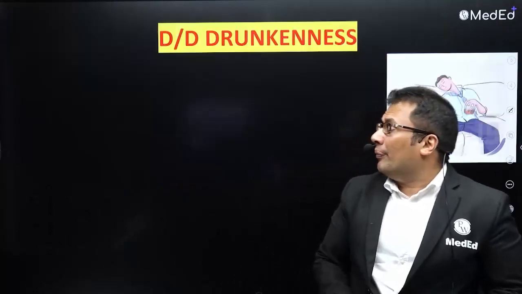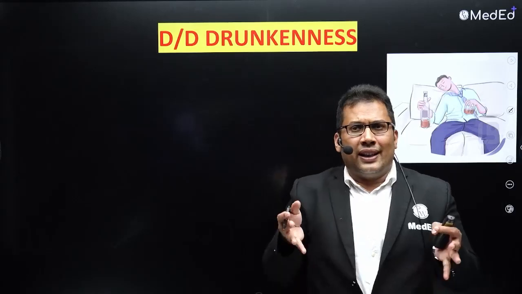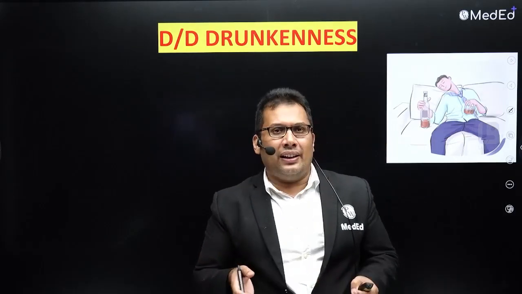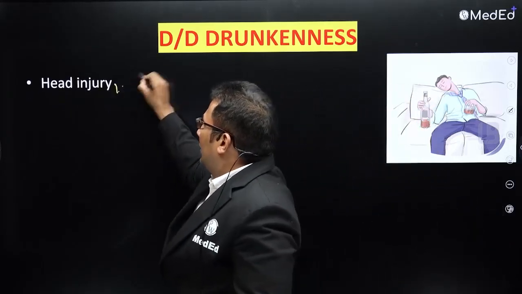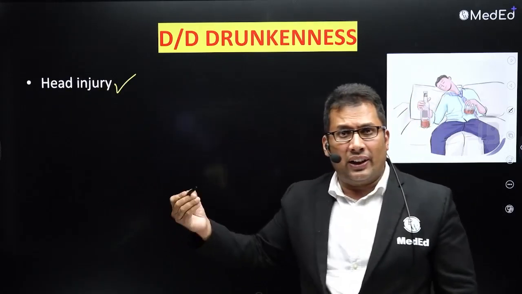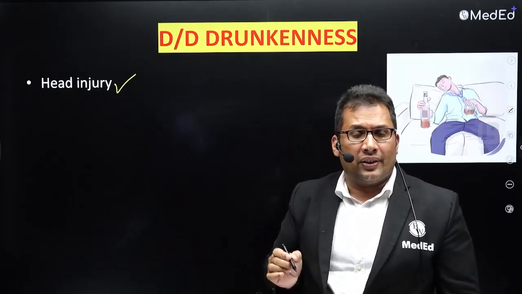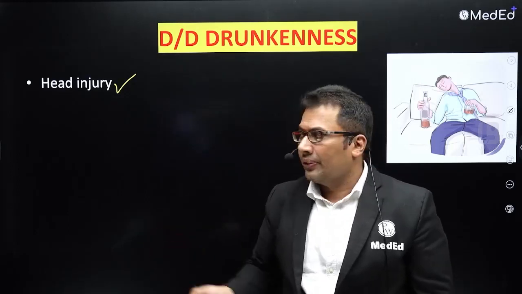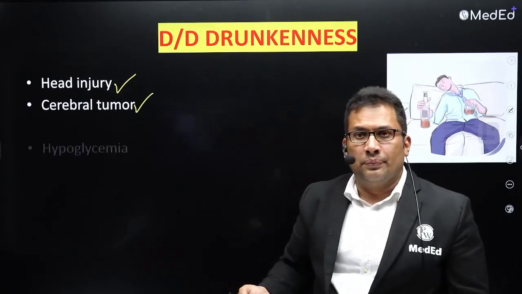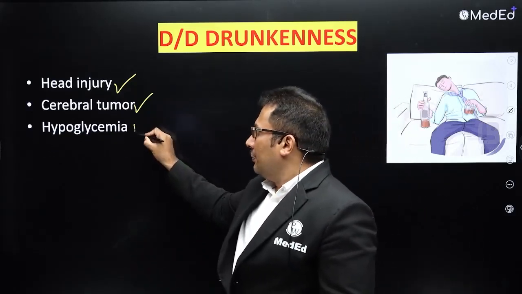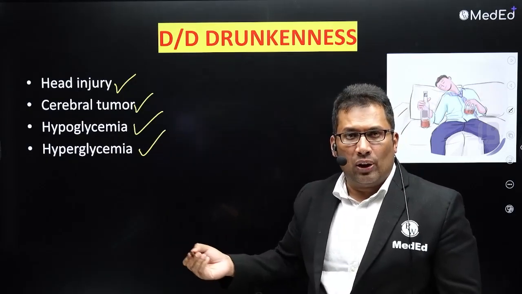Next question can be differential diagnosis. Some clinical conditions resemble drunkenness. What are they? Head injury. What is that head injury condition that resembles drunkenness? Can you answer? It is extradural hemorrhage. Cerebral tumor, hypoglycemia, hyperglycemia, basically electrolyte imbalance,